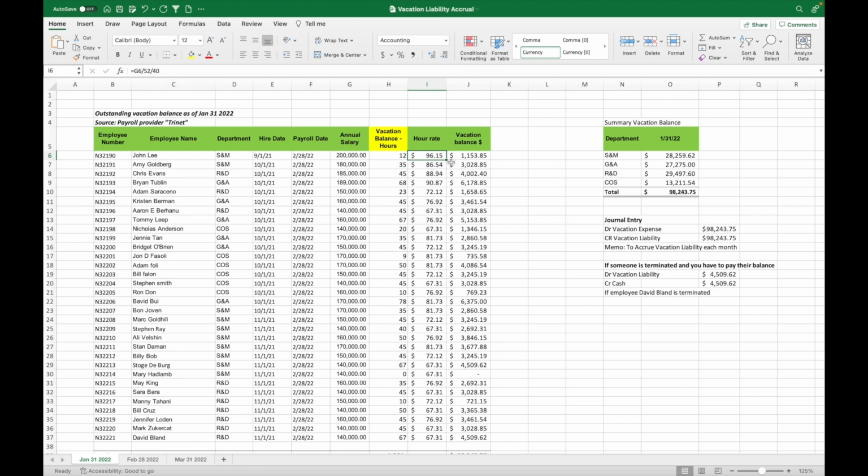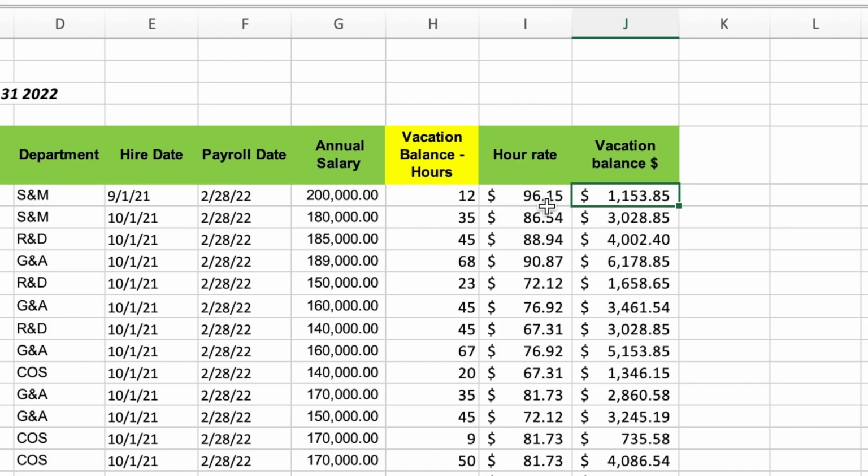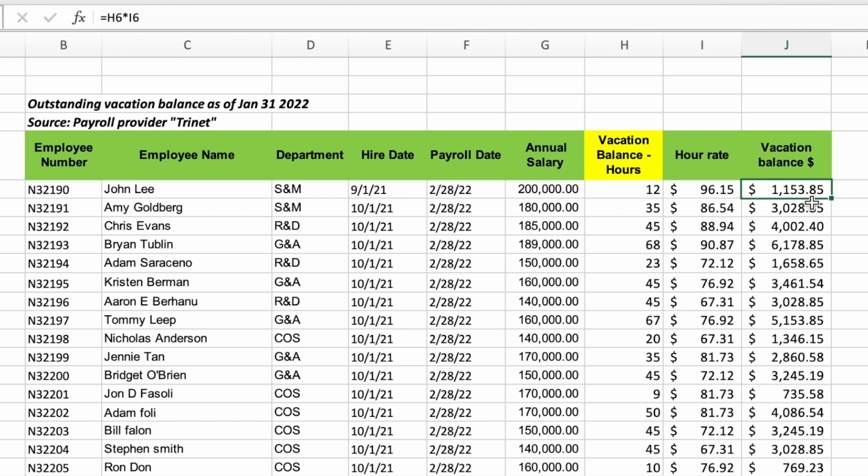That's how I determine his hourly rate, right? 40, because 40 hours in a week. And then I multiply the number of hours of vacation balance by his hourly rate, and I say, okay, for this guy here, I have a vacation balance of $1,153. And that means that for this employee, if he resigns from the company, for example, the following day, like on Feb 1st, I will have to pay him this in cash,